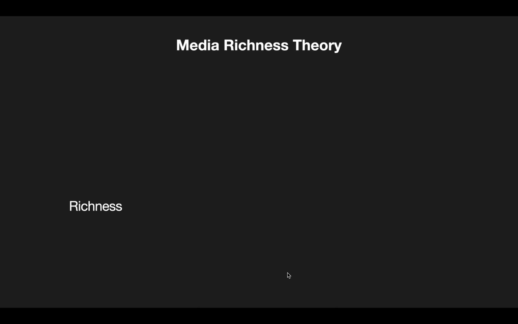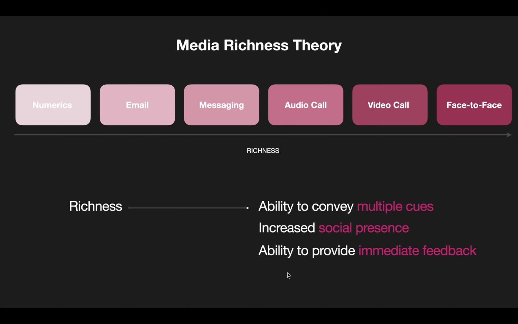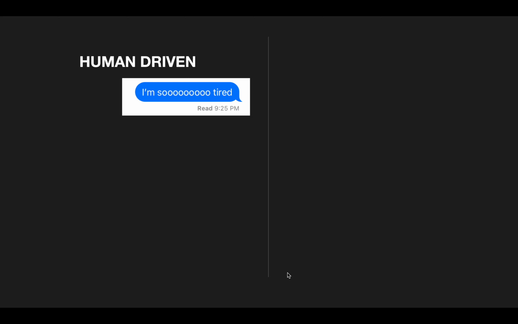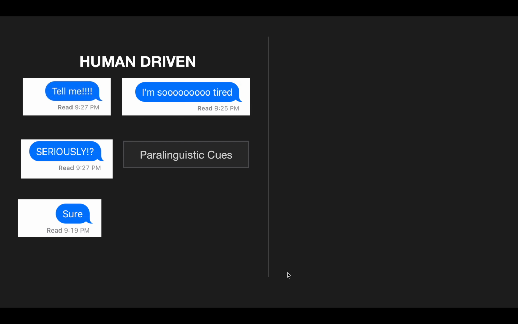In short, MRT defines richness as the medium's ability to convey multiple cues, its increased social presence, and its ability to provide immediate feedback, placing numerical and email reports on the lower end of the richness spectrum, and video and face to face interactions on the richer end of the scale. To compensate for the leanness of text, people use multiple approaches. For instance, repetitive letters can convey emphasis, while punctuation can show excitement or anger. Similarly, there's a rise in emojis and stickers for emotional disclosure in our textual